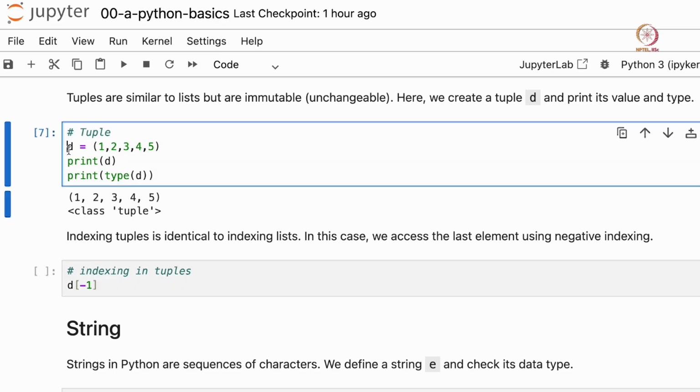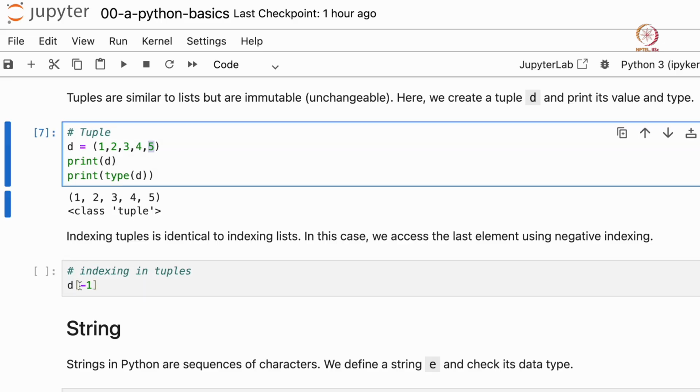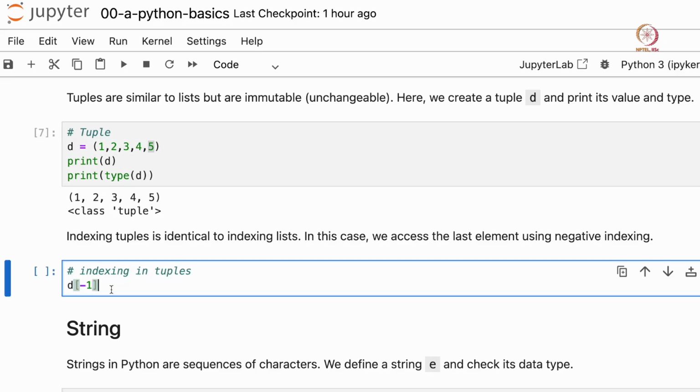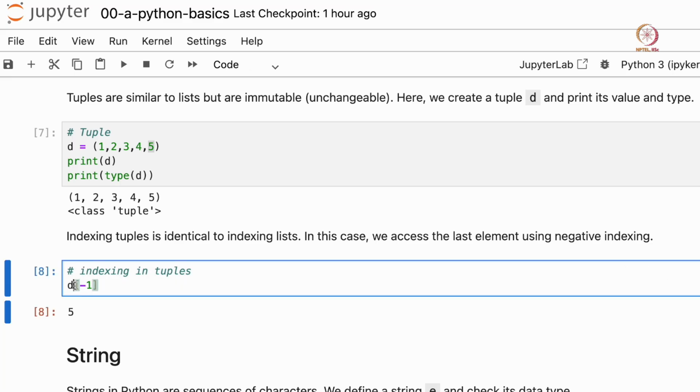So the last element of a list and tuple can be indexed as -1. Now D is a tuple here, and say we want to access the last element of this tuple, that is 5, we can type D within square brackets -1. So that gives us 5, and this will work with lists as well. Note that lists are written within square brackets, tuples are written within round brackets, but whenever you want to access a specific element within the list or tuple, you always have to mention them in square brackets.